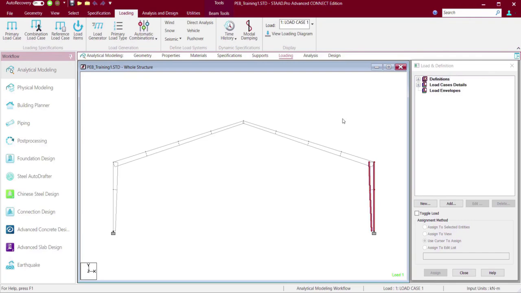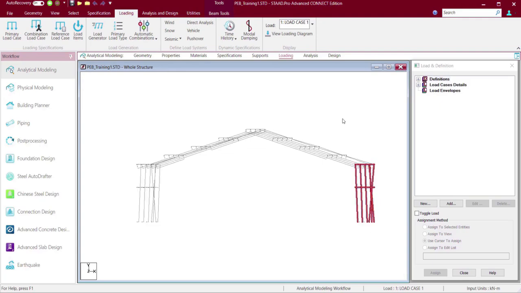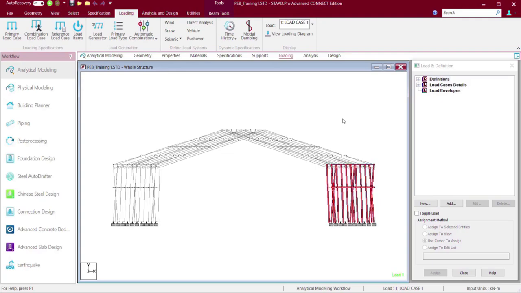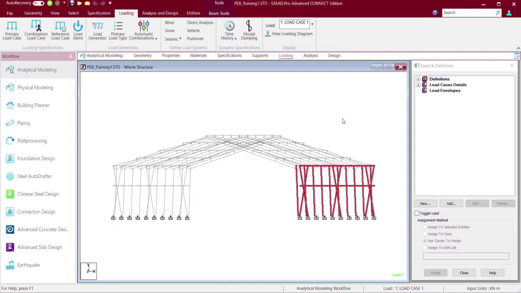Basically, they're not meant to handle compression. So we need to assign a property so that once a member experiences compression, it is switched off because it doesn't contribute any stiffness. But once those members experience tension, their stiffness is considered. So we need to assign this tension only property to those cross bracings, but I'll assign it later,